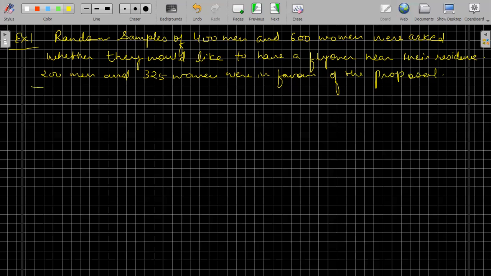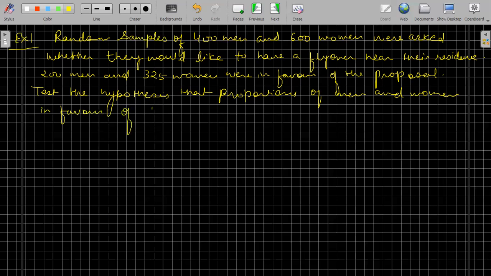Test the hypothesis that proportions of men and women in favor of the proposal are same